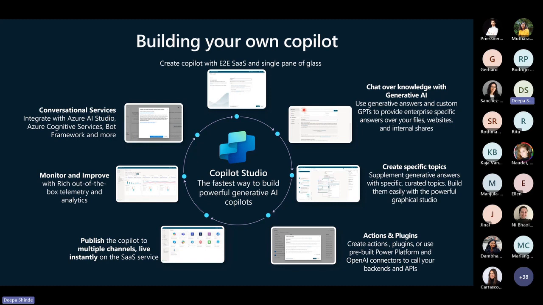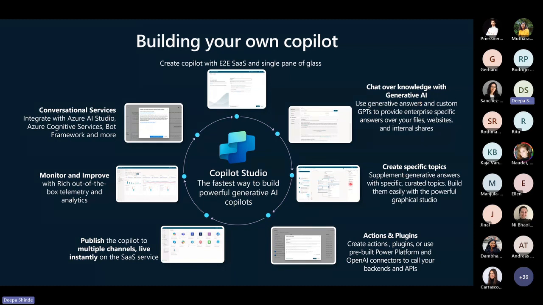Some of this is very relevant for what you guys are going to do. So when you create a Copilot, one of the things you might want to do is chat over your knowledge, right? Chat over your documentation. You can either upload a document in Copilot Studio, or you can point to websites or internal sites, as I've said, or point to a blob endpoint, which has lots of documentation stored, right? So that is chatting over the data using generative AI. So it's kind of built in. You just point to the websites, point to your data, or point to your cognitive search index, and it brings all of that in to answer the questions.